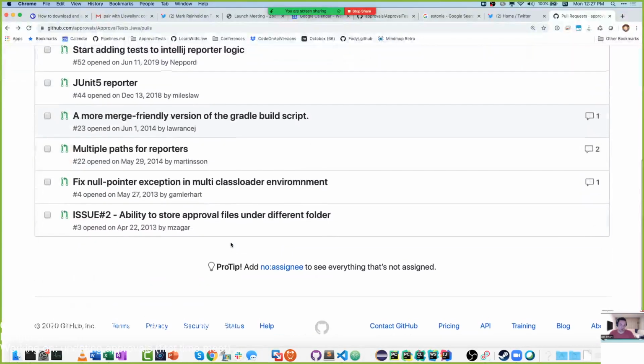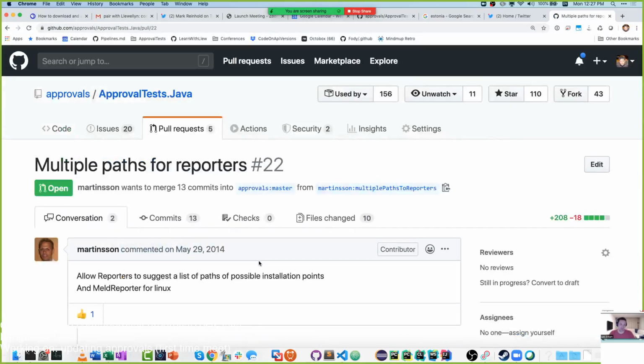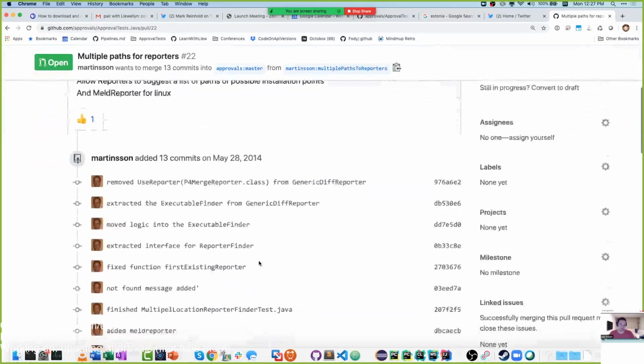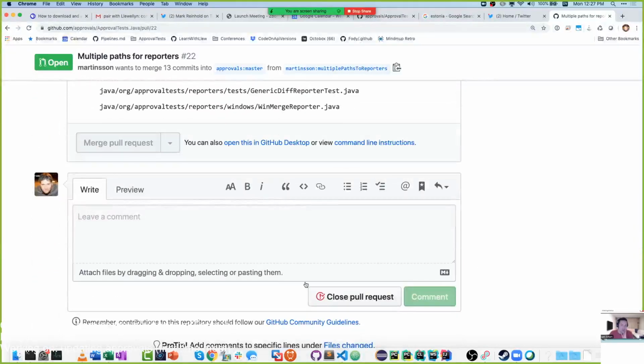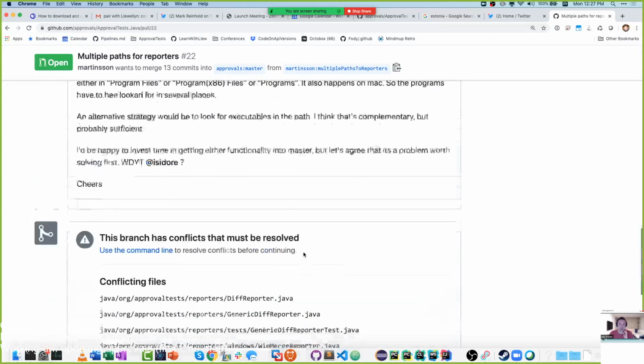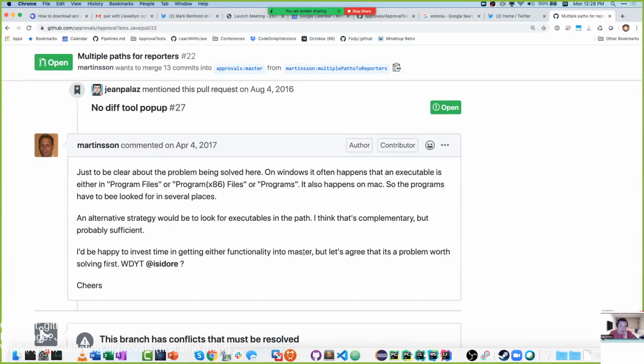Wow, yes, I really am bad about checking things. Multiple paths for reporters. This is also from 2014. Yes, I think someone mentioned it was useful to them, but again, the changes are by now quite big with the diffs. Just to be clear about the problem on Windows.